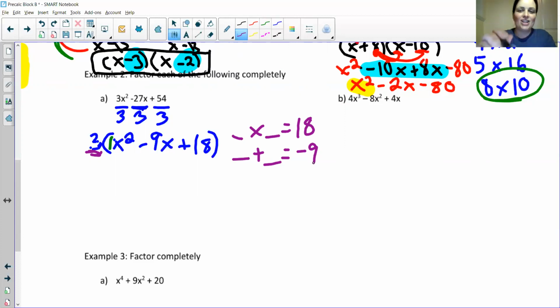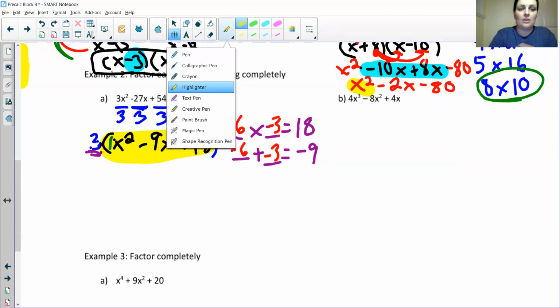Welcome back. Okay, so the 2 numbers are going to be both negative because they have a positive product, but they add to a negative number. And so they have to multiply to 18. So you could list out all the factor pairs of 18 here, because there's an indefinite amount of ones that will add to negative 9. And you're going to find that the numbers are going to be negative 6 and negative 3. Is negative 6 times negative 3 18? Yes. Is negative 6 plus negative 3 negative 9? Yes. So instead of writing all of this,